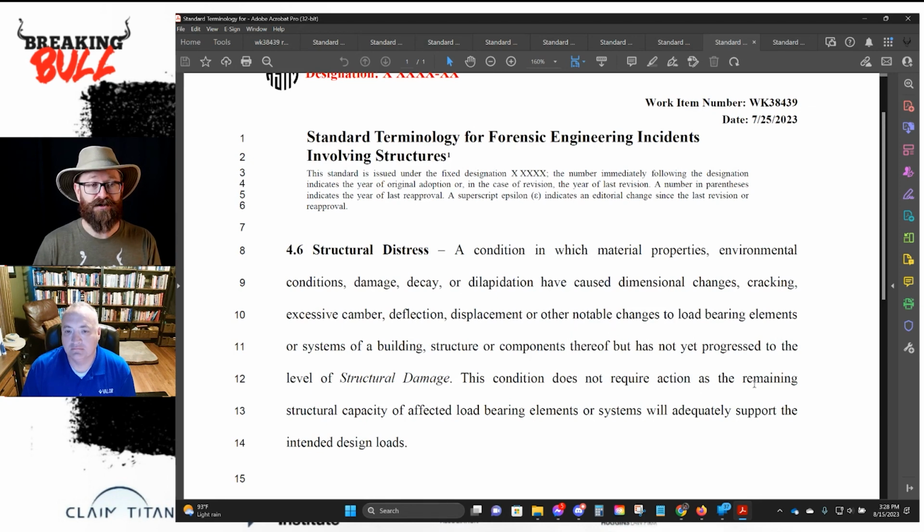So the word detrimental isn't really applied here because they're trying to say that this really doesn't require any action. If these are conditions that don't require an action, then maybe they're no longer detrimental, and maybe you could bypass a definition. That's how I see this definition being used. And that's what concerns me: you can have things that are damaged, things that are in need of replacement. But if it still meets the original design criteria of the day, this could be used to then say it doesn't have to be repaired. There's no action required. So that's my concern.